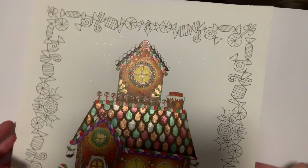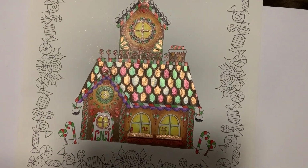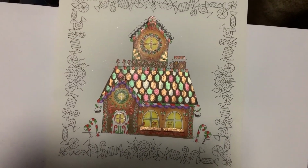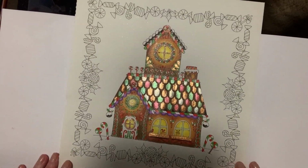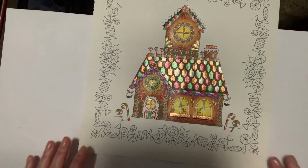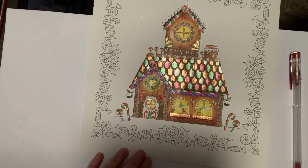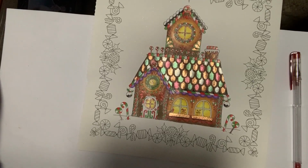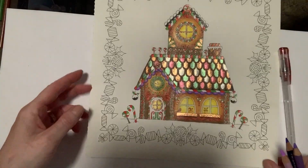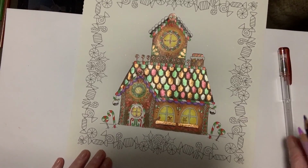Right, so I'm going to turn this the right way up. Now then, do I need to zoom you out? I think I do. Okay. Can you see what a lovely effect that's made? So we've got a glowing gingerbread house. Now I have my purple pencils out because I wanted to. I've left this door blank. Can you see this door here? And I just want to colour it in the purple on the same principles as we've done the glowing windows